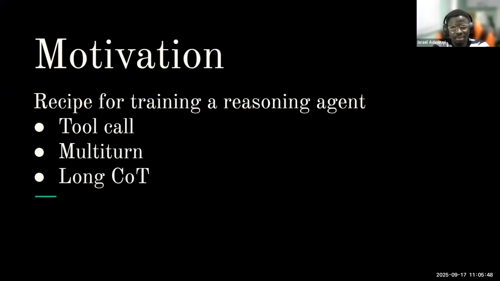The motivation for this paper, according to the authors, is that the recipe for training a reasoning agent usually involves a bunch of tool calls, trained in a multi-turn setting, and by default you get these really long chains of thought where the model spends a lot of time talking, trying to solve whatever problem in a particular domain. Some problems arise with this setup. Mainly,